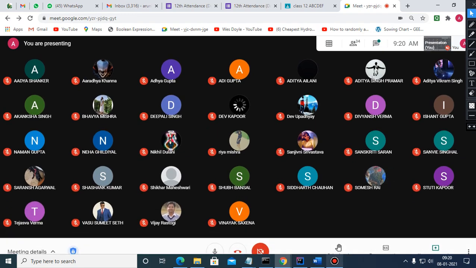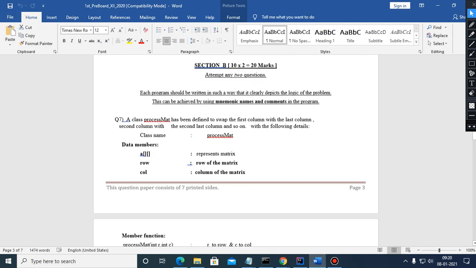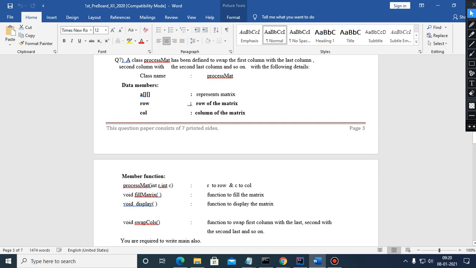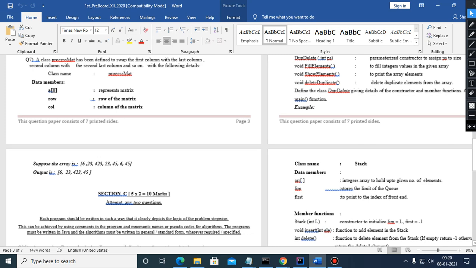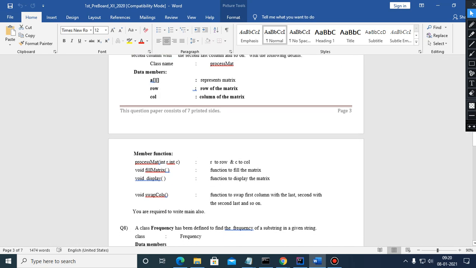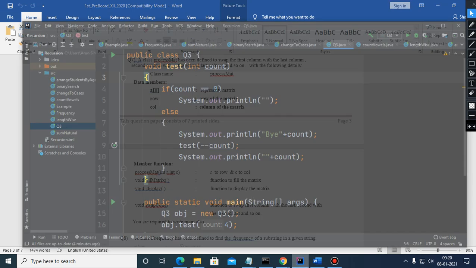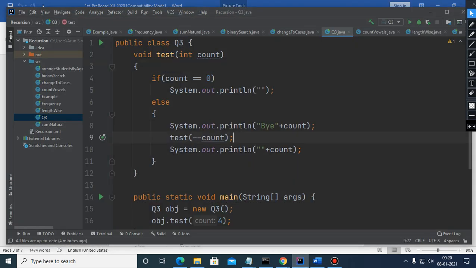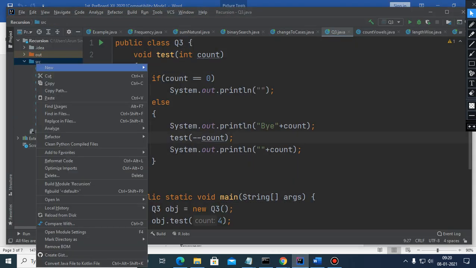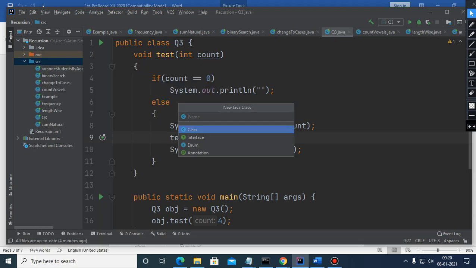Okay, now question number this one, the matrix based. Children, I wonder that you don't know the swapping of the columns. And apart from this, one of the basic mistakes which you people are doing, I would like to see the class one more time.